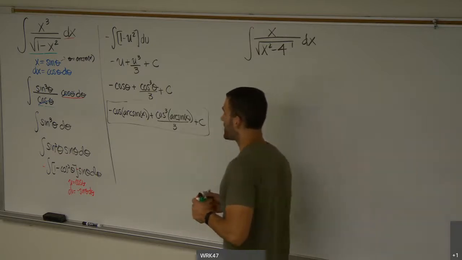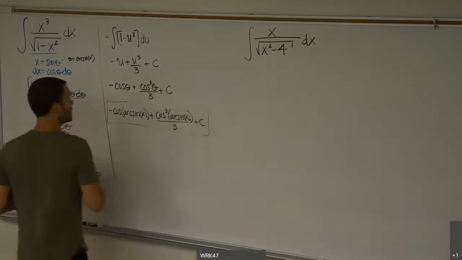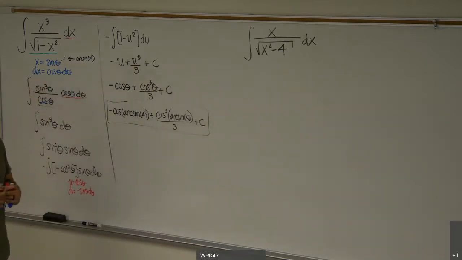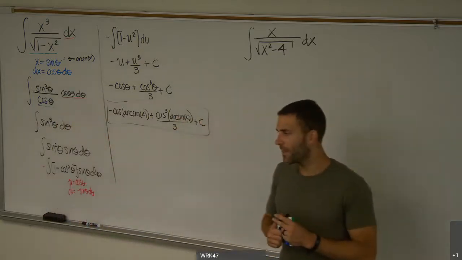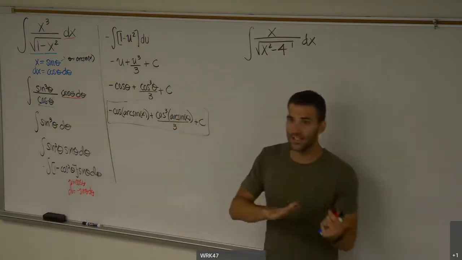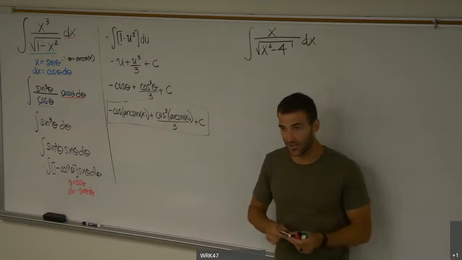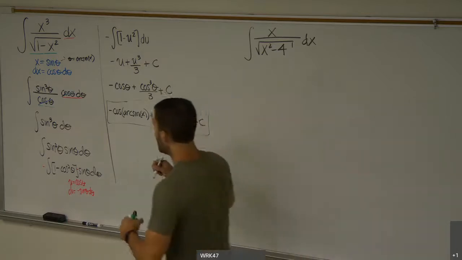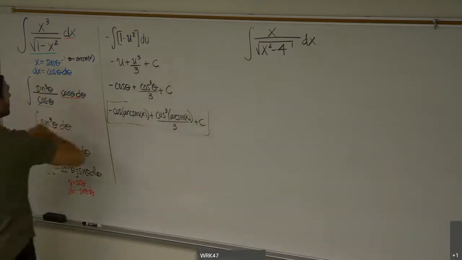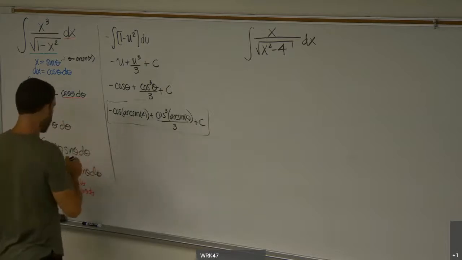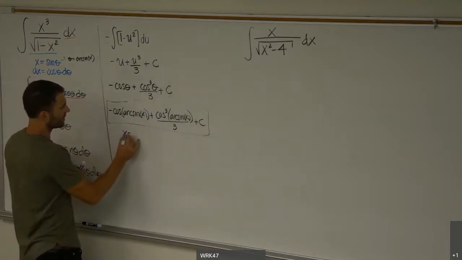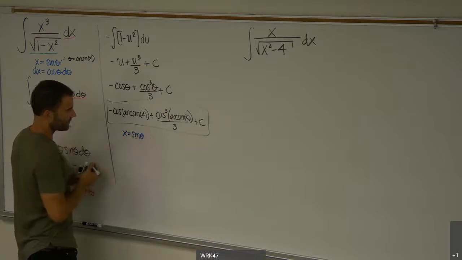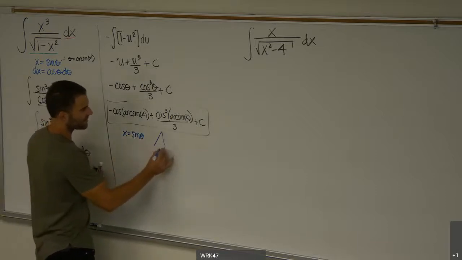But say I wanted to make my answer look a little cleaner, what I can do is use the techniques of geometry and draw some right triangles. So you remember back at the beginning of 8.4 when we introduced trig sub, we showed these identities and these relationships via a right triangle as well. And so that trig sub that I did here, the x equals sine of theta, can also be expressed as a trigonometric relationship. The fact that I say sine of theta is x